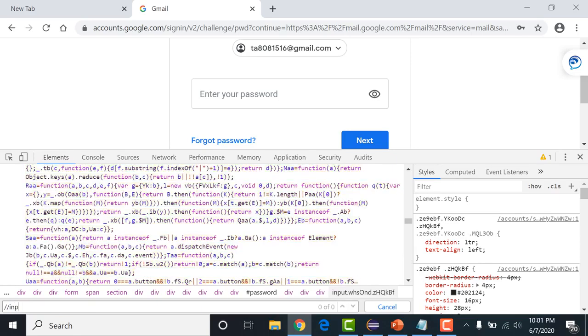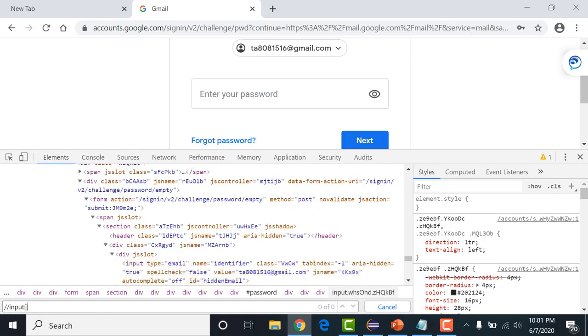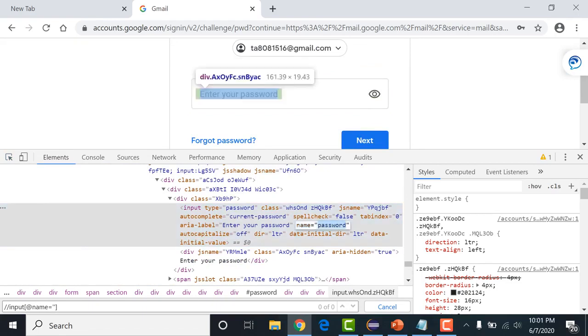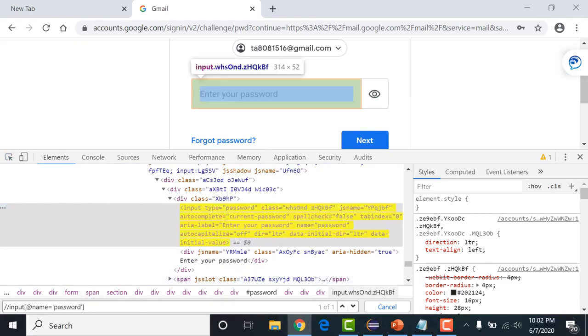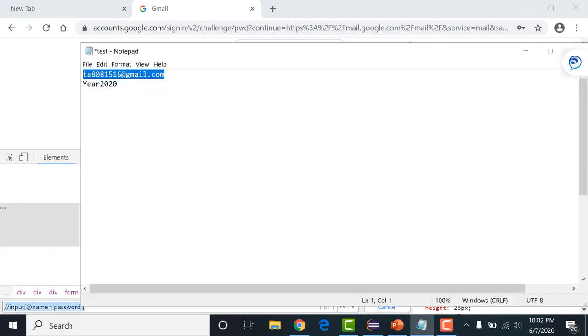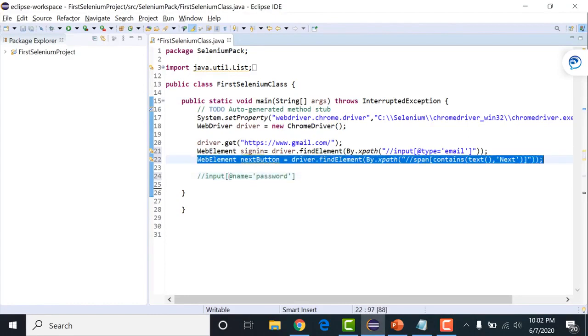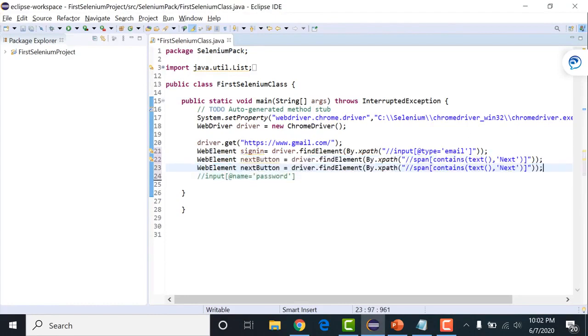By this, you can practice your XPaths as well, as we are using different XPaths over here. I am writing name is equal to, what is the name attribute? The value of the name attribute is password. It is identifying the element. Fine. I'll take this and write it into my Selenium script. Again, I'll write a name, I'll say this is the password field. Fine, and this is my locator.